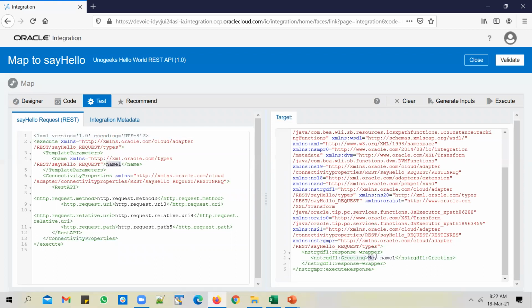And what do you see getting assigned to the greeting attribute here? Hey, space, the name that you have passed in a request. So that means, yes, the mapping is working as expected. Believe me, this saves quite a bit of time, guys. This ability to auto-generate inputs and execute them straight from the mapper screen without having to activate the service. You can figure out most of the mapping issues directly here itself.